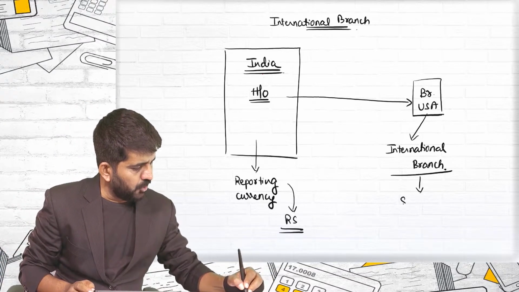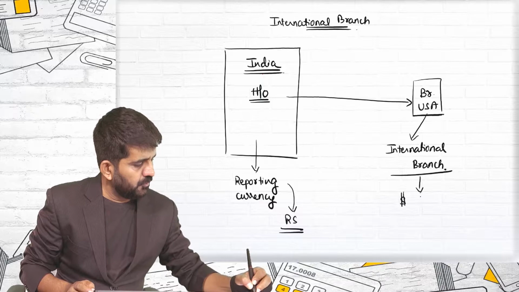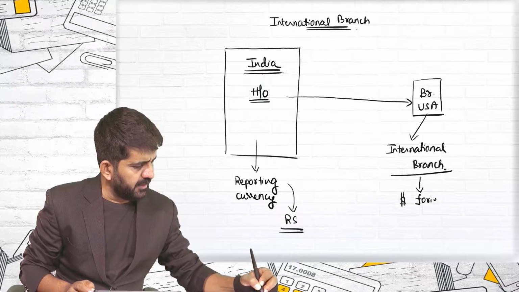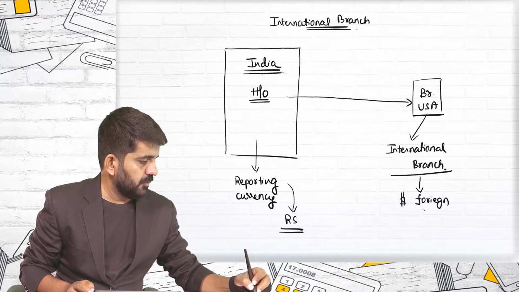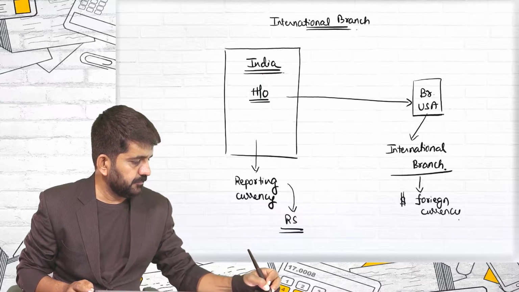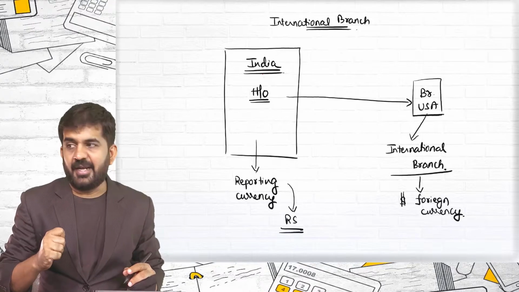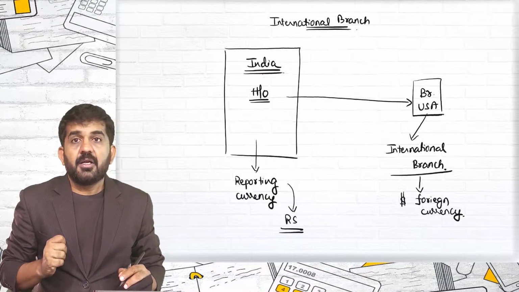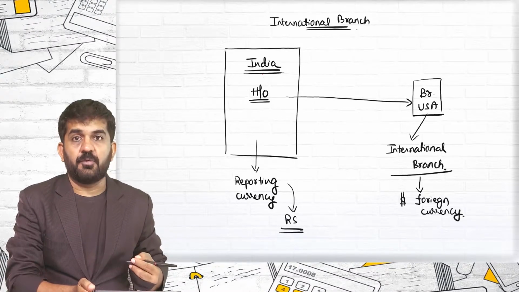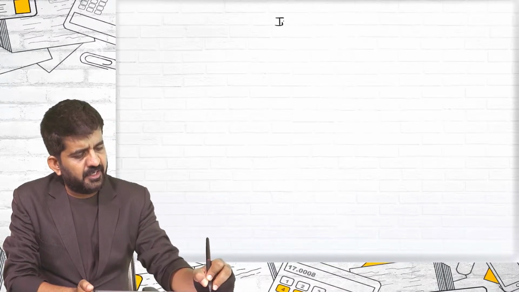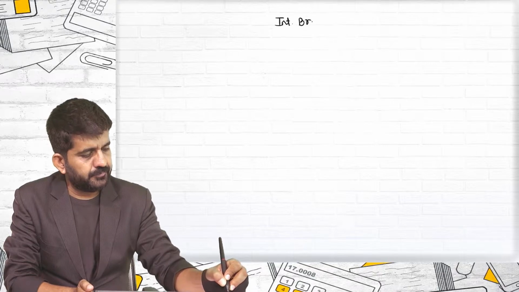So the US dollar will be regarded as foreign currency. So: international branch, reporting currency and foreign currency. Next portion that we are going to learn is,